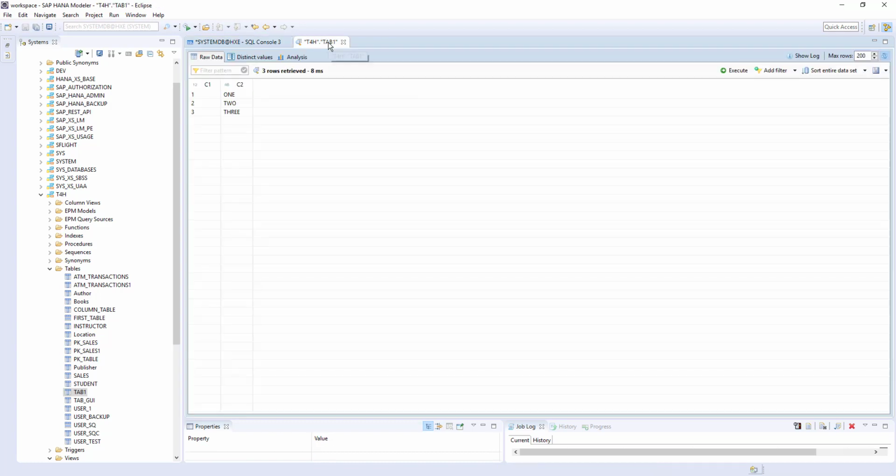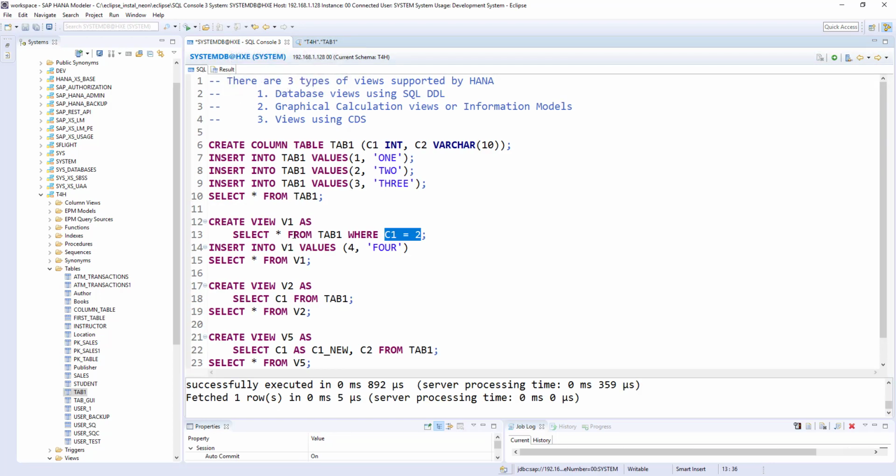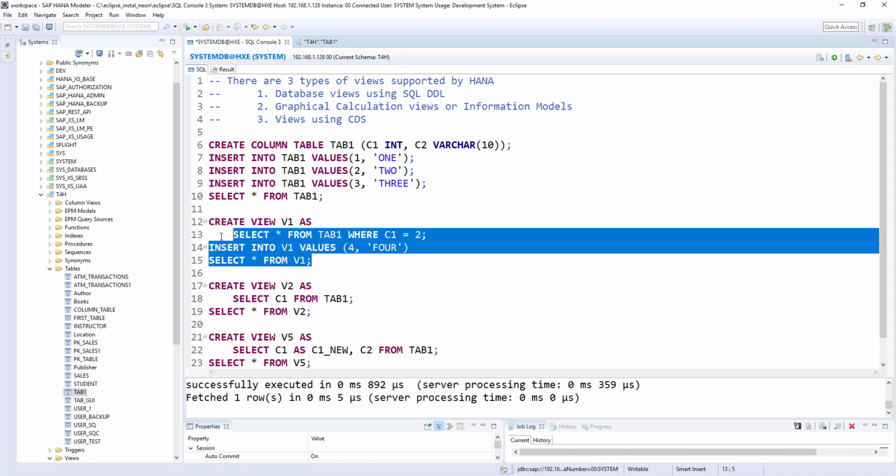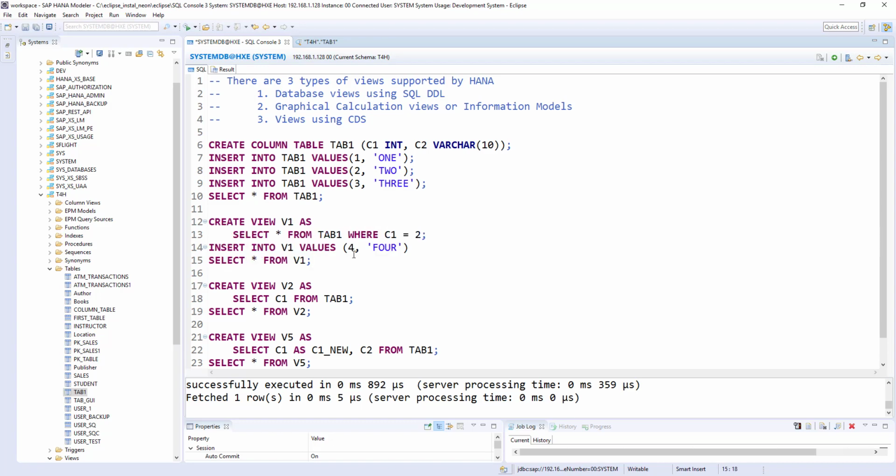So let's see the table data. So we got 4 here. So that means when you insert a data into view, it's actually going to insert into the underlying table of a view. So that's what you need to understand when you are inserting data into a view.